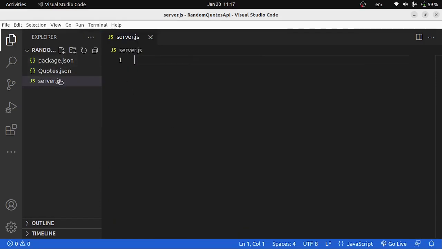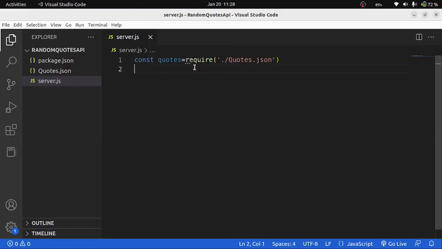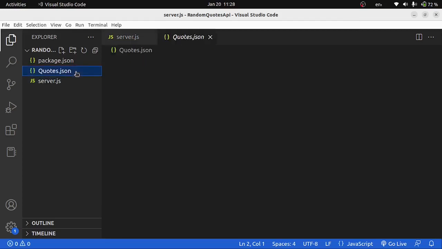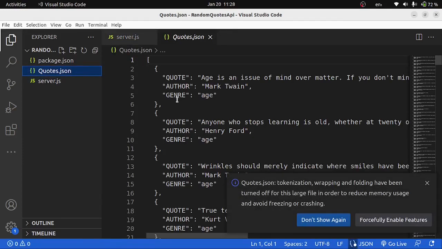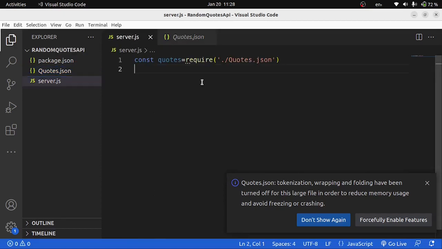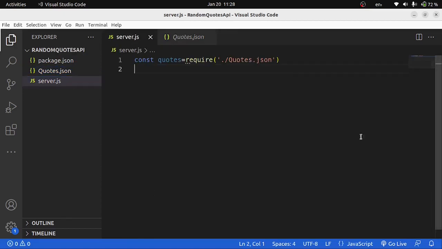So first we are going to include the quotes array from the quotes.json file in the server.js file. So let's do it. We are going to use const quotes, then require, which is an inbuilt function in Node.js, and we will require the quotes.json file. Now we have an array of objects in the quotes variable where each object consists of quote, author and genre, as we have already discussed,